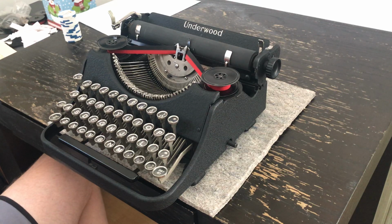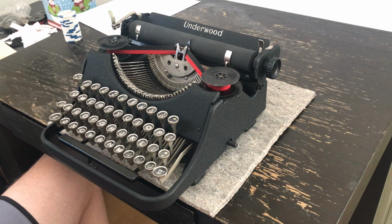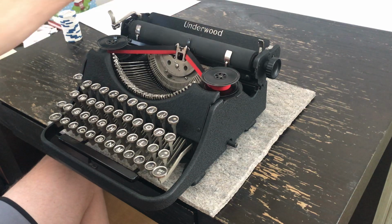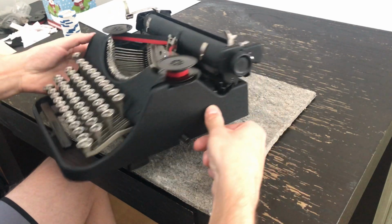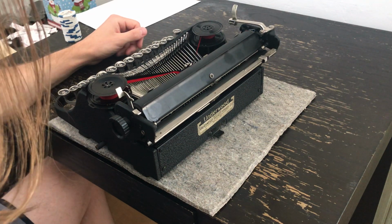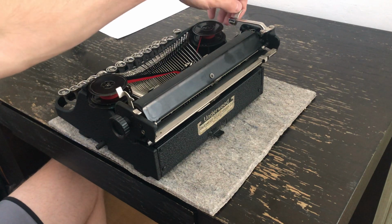It's a really base model typewriter. It's got backspace, but that's about it. It doesn't have a bell, and it doesn't even have a right margin. And so it's got this piece over here. Here, I'll try to show you. This is where you can adjust the left margin. But other than that, it's a pretty standard, bare bones typewriter. It does have single and double spacing,